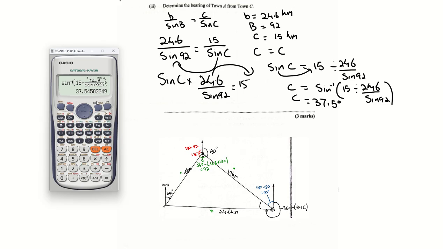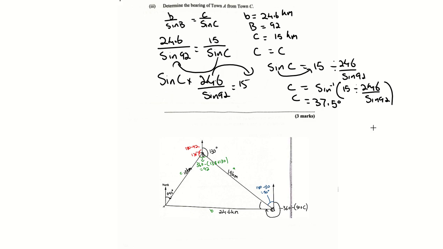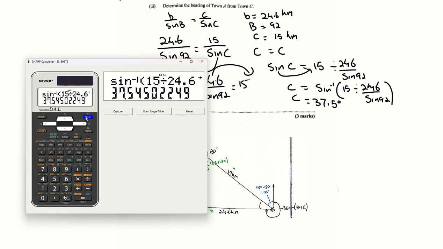Yeah, I forgot a close bracket by the 92 degrees, right? So the answer would be, again, 37.5, right? And that is how you would do this. Now, if doing this entire thing is also a bit confusing, you can do it step by step, which is